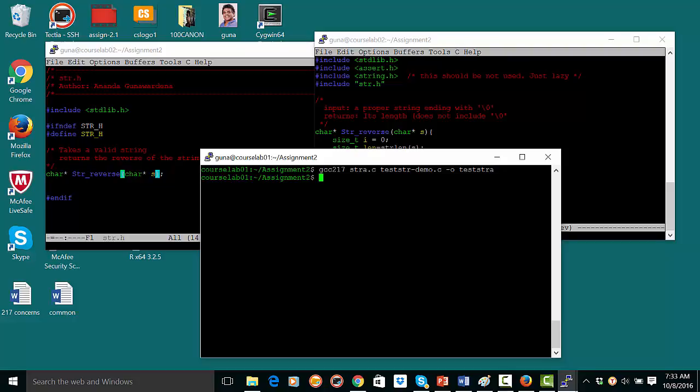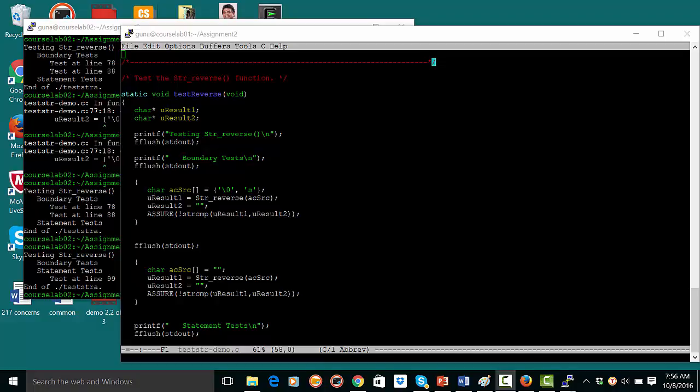And so it worked fine. At this point, I want to show you how teststring demo.c looks. This is just a customization of the teststring function that you are given. It's specifically designed to test the reverse, and that's the only thing it's going to do. It does a boundary test, which means that if you take a string which, although it has size 2 here, because of the null character here, is in fact a string of length 0,